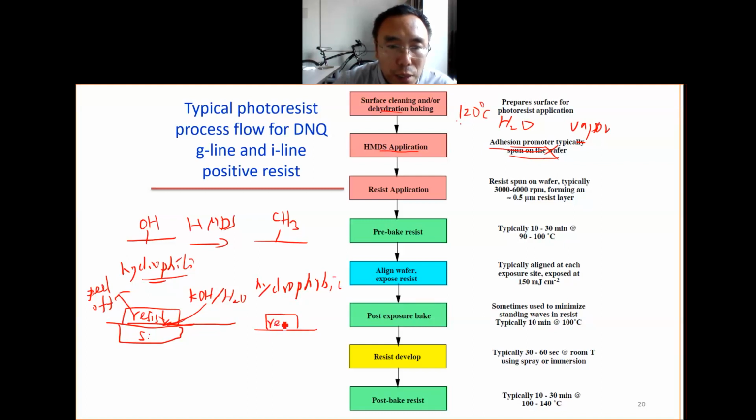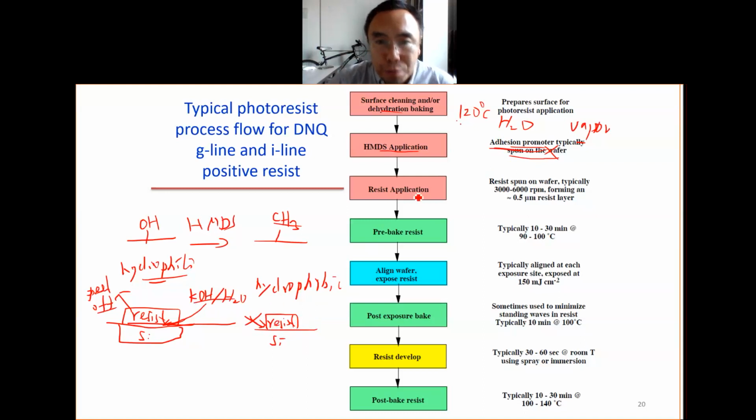If it is a methyl group, then the water will not come in between the resist and silicon. This way, the resist will not peel off. So this is how it gives better adhesion. We make the surface hydrophobic so that the developer will not get in between the resist and the silicon